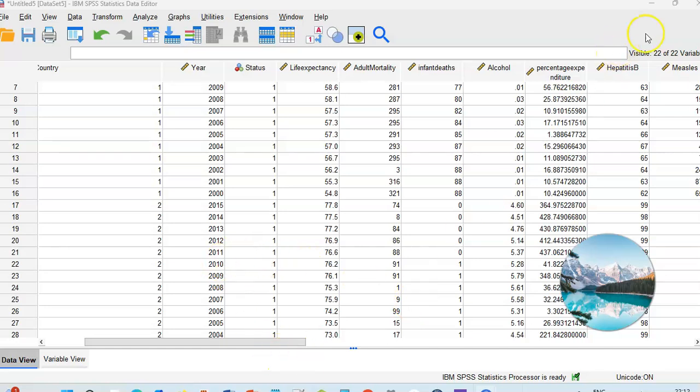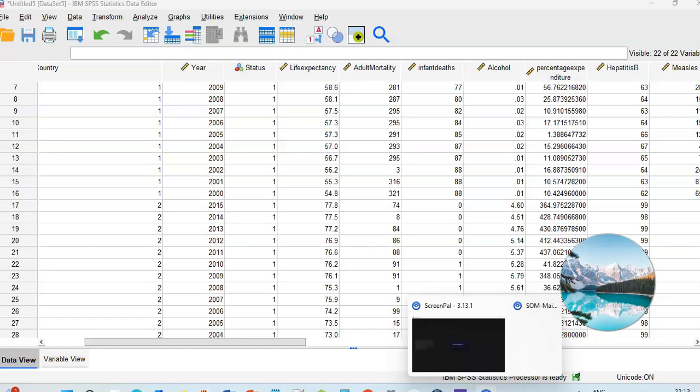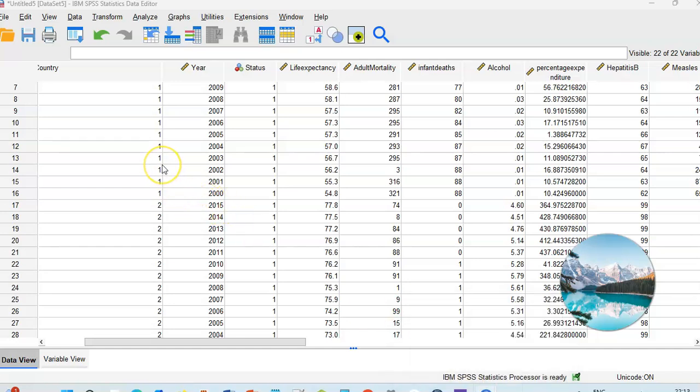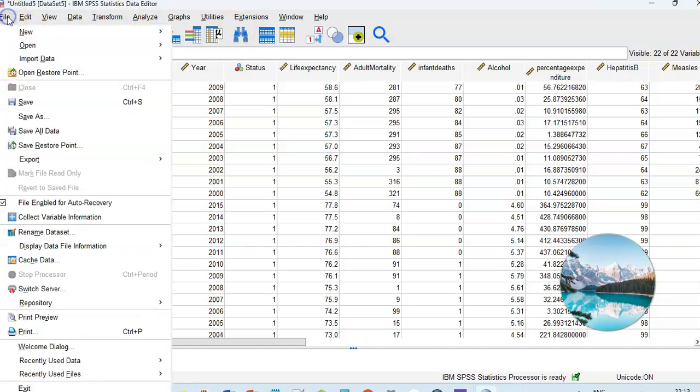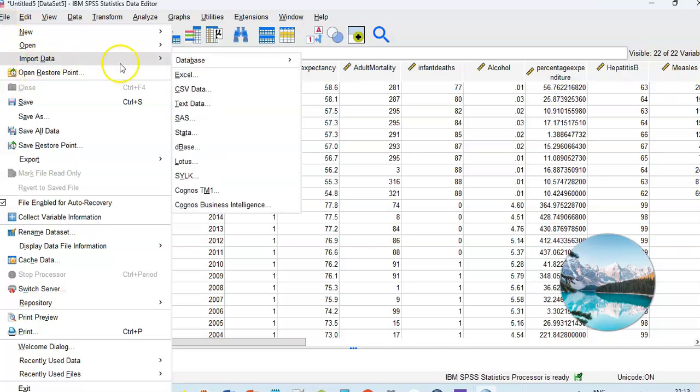I downloaded the data and saved it. After downloading it, I imported it into SPSS through file import. I imported a CSV data